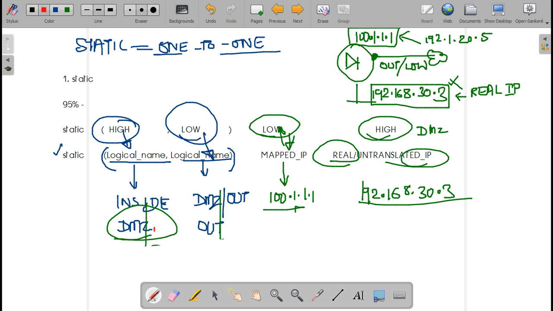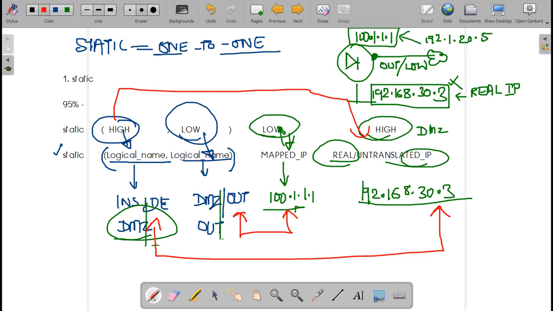At your higher security, at your lower security. So correct? High, high, low. So here high is DMZ.